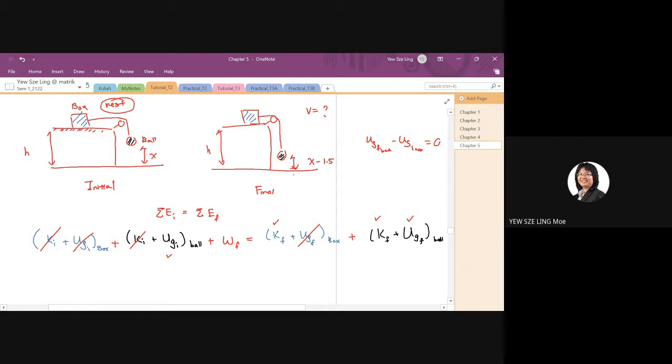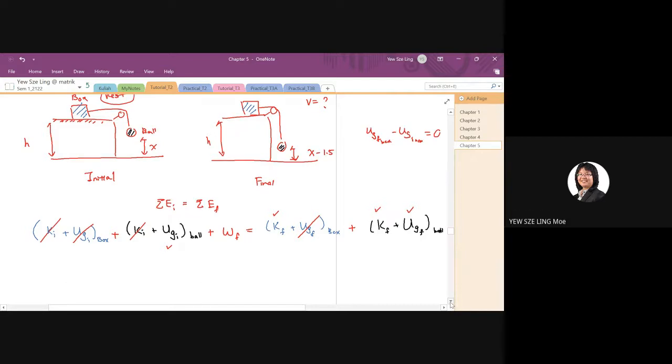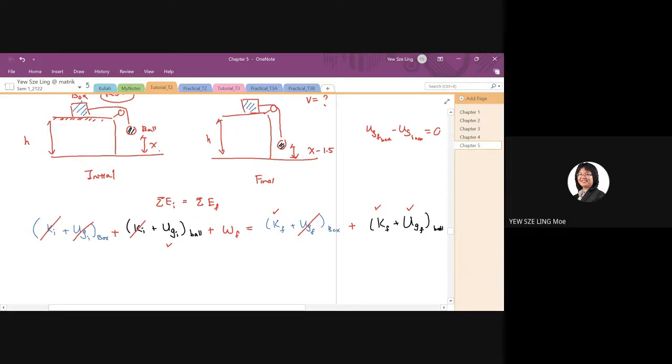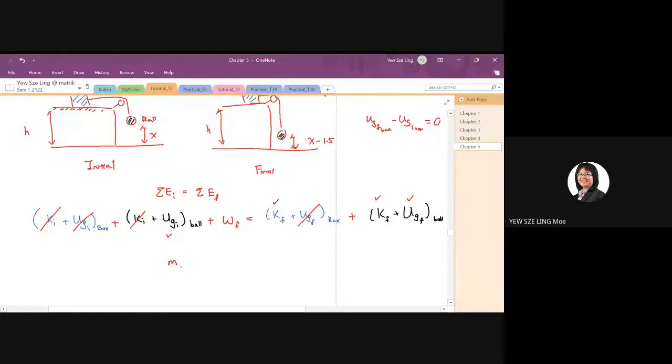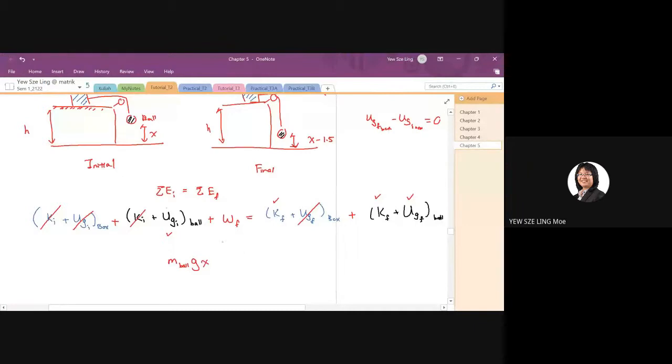So what am I going to do next? Let's see. This x, I keep it as unknown, because the question doesn't tell us whether the height of the ball is 1.5 meter, or whether the final is on the ground or not. So we keep it as unknown. Now let's see how we are going to solve it. So initially for my ball, M for a ball, and then G and an X, the unknown height, and then plus,